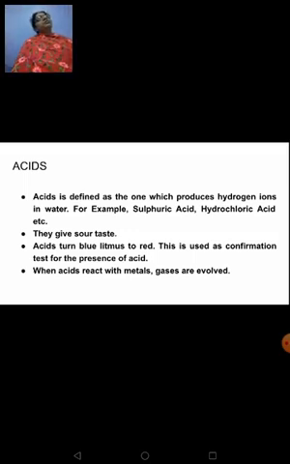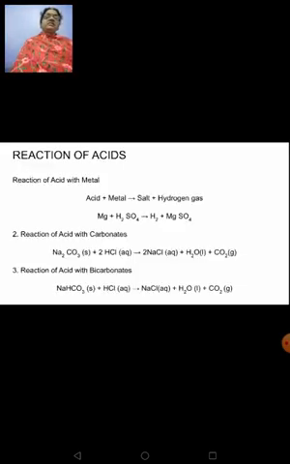Okay. Now, acids normally react with metals to produce hydrogen gas. So, acids are substances that produce hydrogen ions in water. They are sour to taste. They change the blue litmus to red, and when they are made to react with metals, they liberate gases. Now, see, the reaction of acids with metals, carbonates and bicarbonates are very, very important, right? So, we will learn that in detail. It's just a revision here.